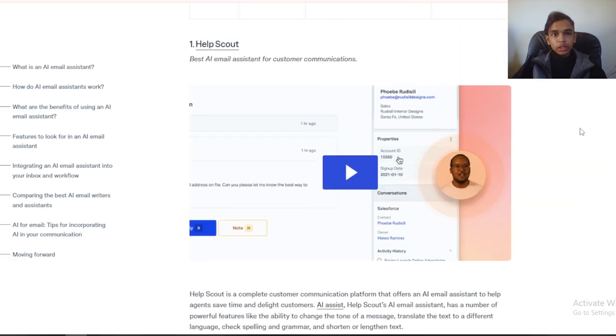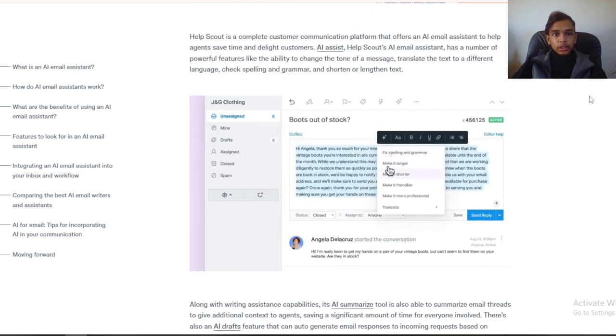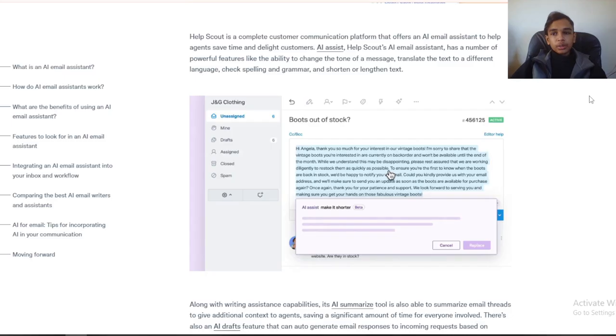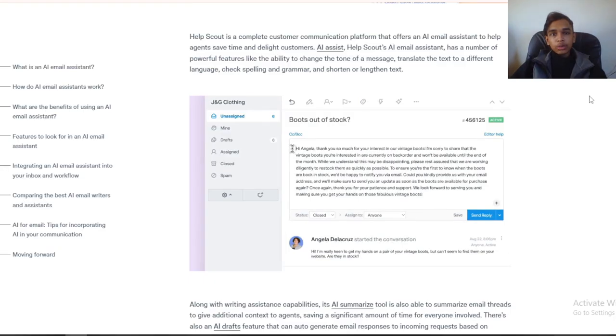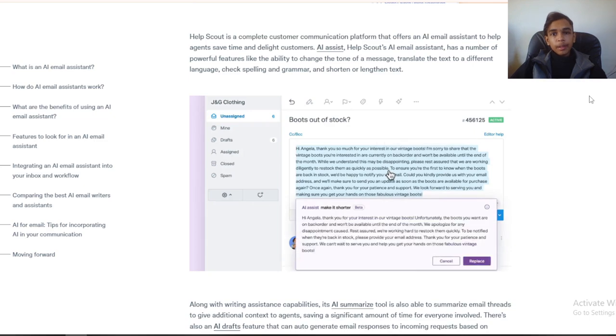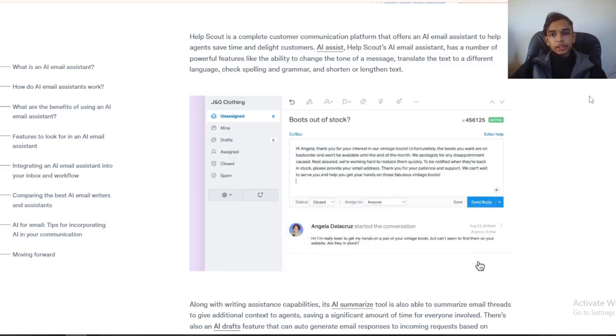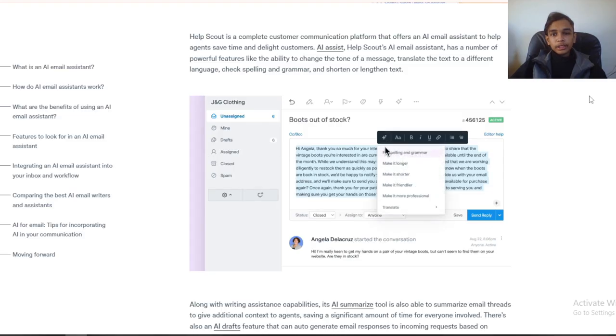Help Scout, best AI email assistant for customer communication. Help Scout is a complete customer communication platform that offers an AI email assistant to help agents save time and delight customers. Help Scout's AI email assistant has a number of power features like an ability to change